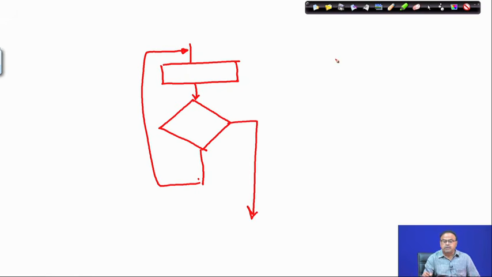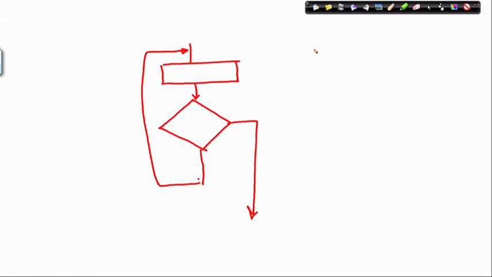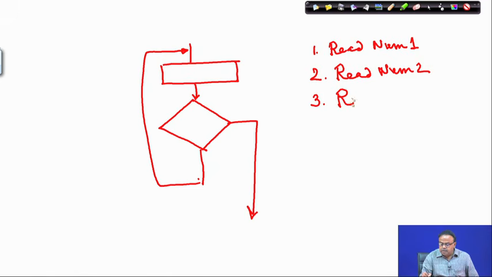Typically, in the example that we just see the pseudo code, if I write say for computing the average of 3 numbers, I will read num1, read num2, read num3, and then sum equals to num1 plus num2, like that.